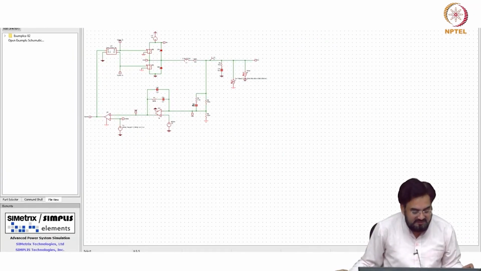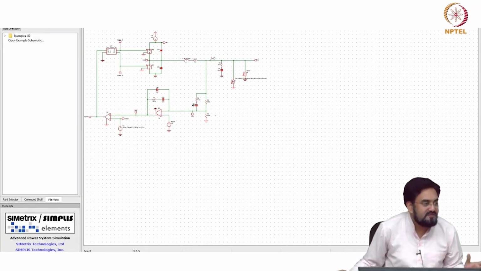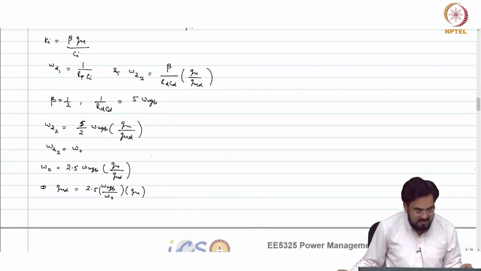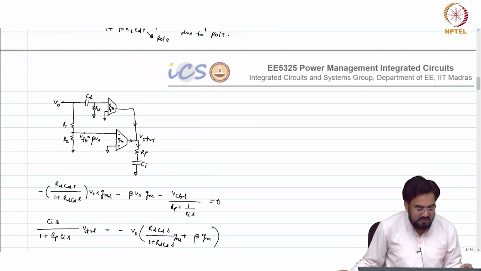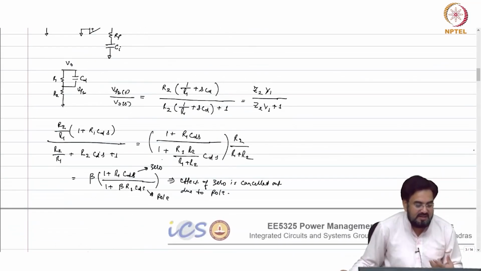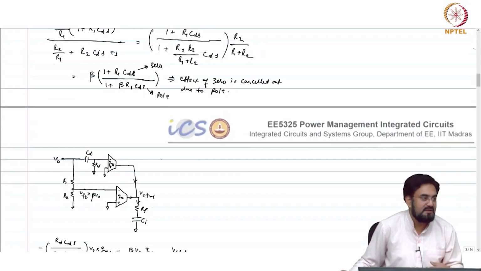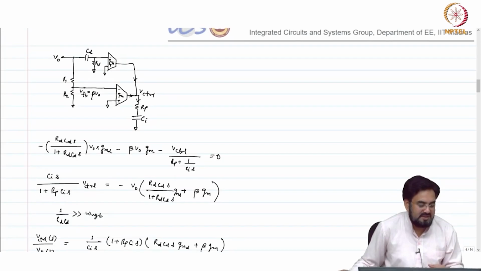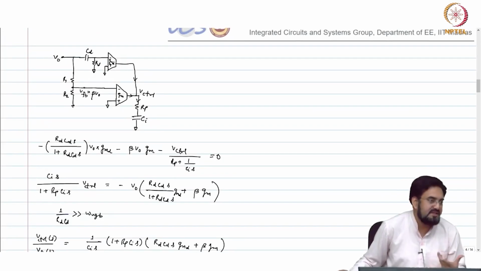And we already know that we require those 2 poles. So the first pole can be your RD CD, and for the second pole you can add a capacitor at the output of your PI. That parallel cap, the RP in parallel with that cap, will give you the second pole. So you don't require any additional cap here to get the second pole, because that second pole is already there in CD RD.